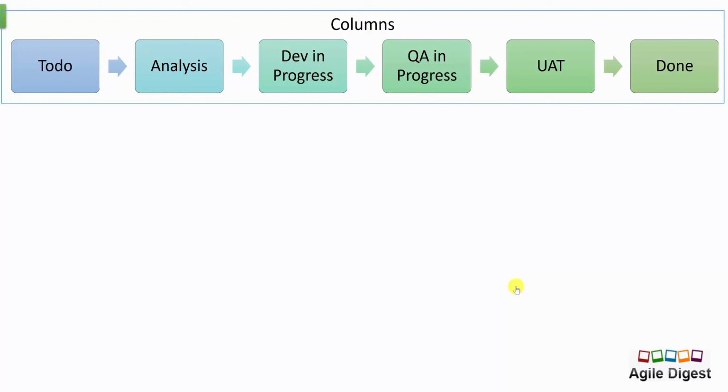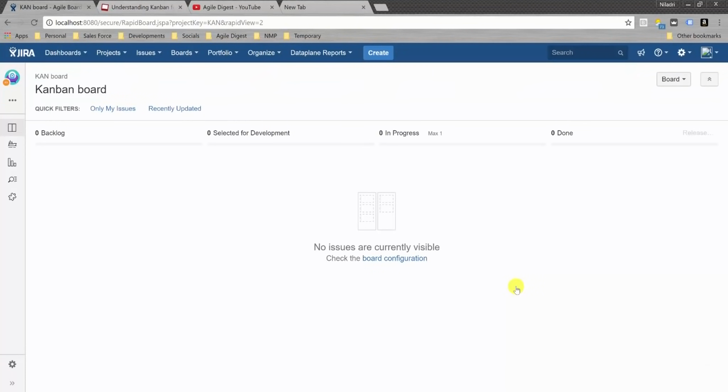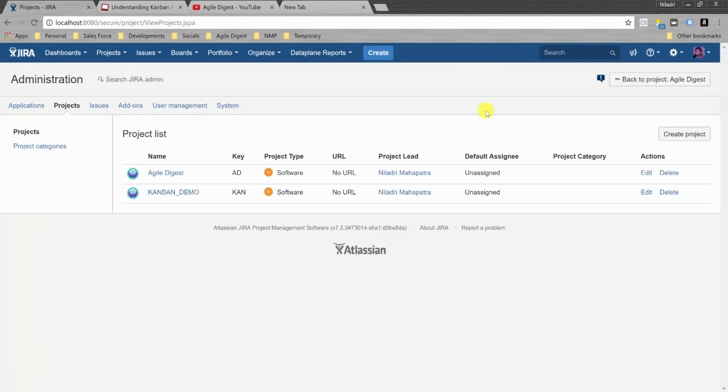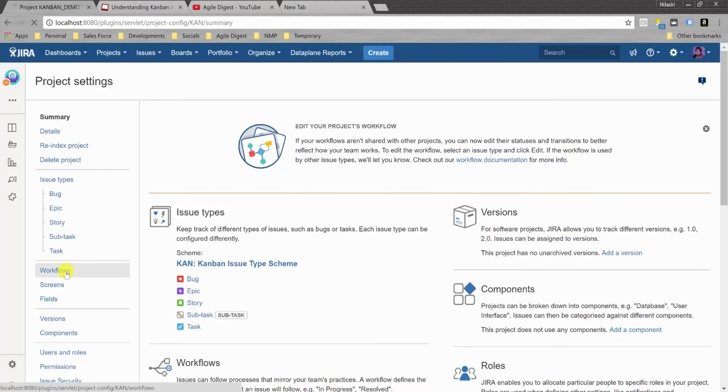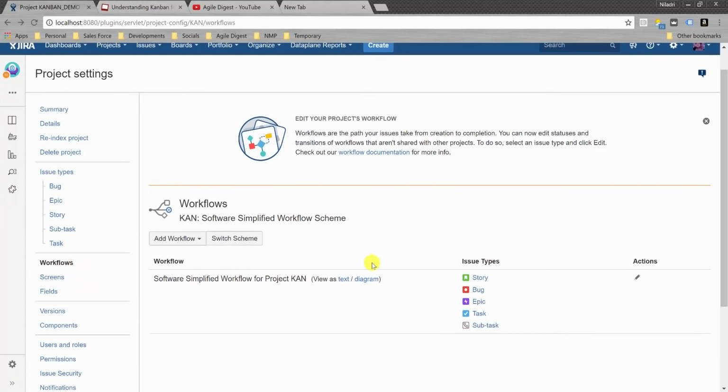those columns available for you, we need to first build up a workflow within Jira. By default, if you don't have admin rights, then probably you need to get in touch with your admin to get that implemented. Otherwise you can start working with this default board also. For this tutorial, I will be creating one workflow. So I will go to the project, and I'll be creating a workflow for this particular project, whose name is Kanban_demo. Once I click it, I will see there is an option called workflows. Yeah, so I'll click on this workflows,